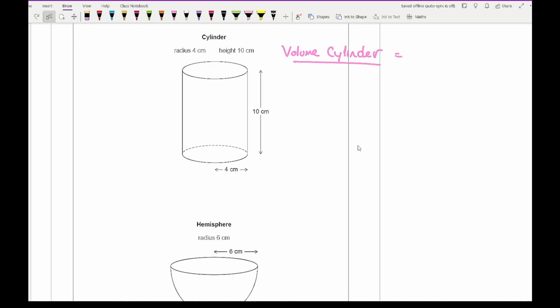well, the formula for this is pi r squared, which is the area of the circle, times the length or the height. So there's my formula. So then substituting numbers in, I get V equals pi times 4 squared times 10. And that gives me pi times 16 times 10, which gives me an answer of 160 pi. Now I'm going to leave it in that form just in case it's a non-calculator question, I've just shown you there how you can do it in non-calculator without having to work it out. But if it was on a calculator paper, just type 160 pi in and I get an answer of